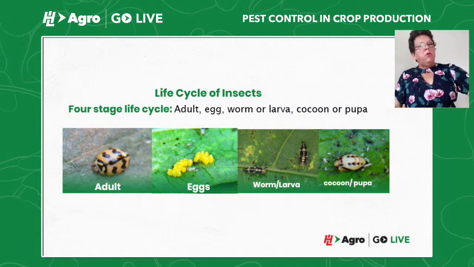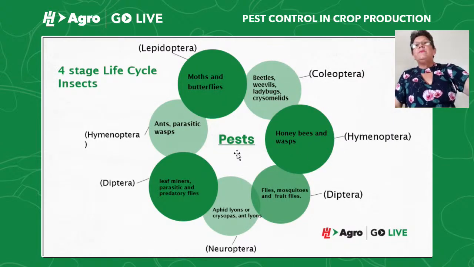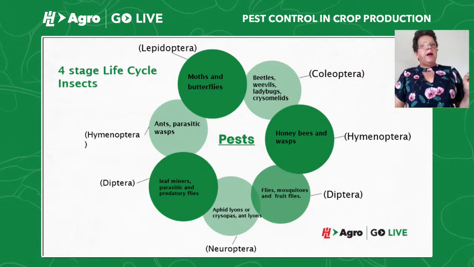Next slide, please. We have Lepidoptera larva. Lepidoptera, the group. We have moths and butterflies. Lepi means scales and ptera means wing. This group is unique because it has the body covered by scales. Every time you touch a butterfly, you end up with a little bit of dust. That's the scales that cover the body and the wings of Lepidoptera, which are moths and butterflies. By the way, moths are the ones that are active at night, and butterflies are the ones that are colorful and are active during the day.